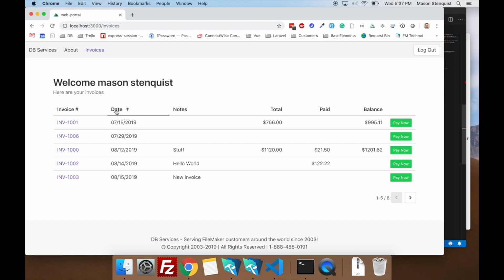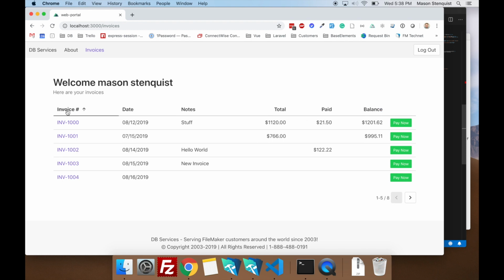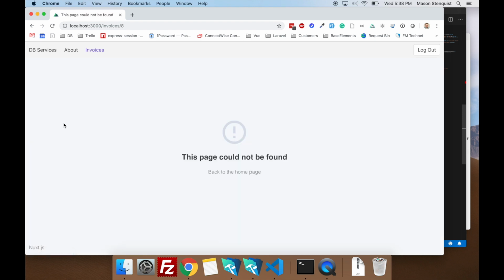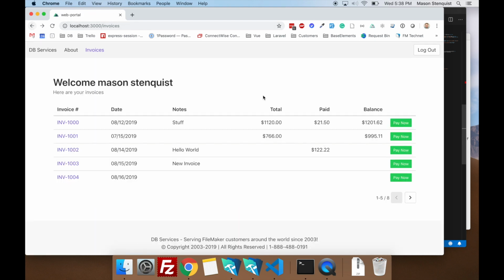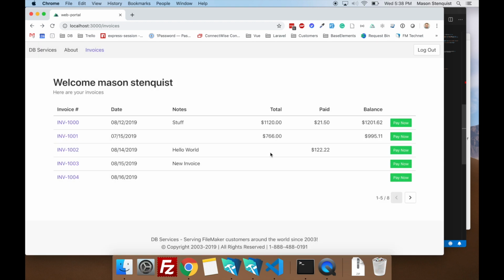Let's take a look at these. We can sort all these. We have pagination. And that's just kind of all out of the box from Boofy, so that made it really easy. Up next, we just need the details. If we click on this, we're not seeing any details. That's actually working already. So we can see the payment.